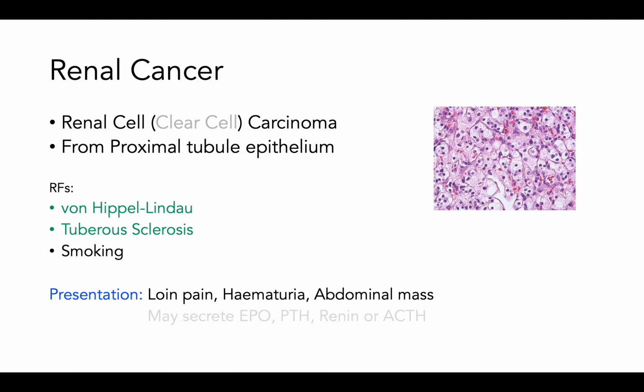But these cancers can also secrete some kidney hormones, which can give rise to some systemic effects. So EPO causing polycythemia, parathyroid hormone causing an increase of calcium in the blood, renin causing hypertension, and adrenocorticotropic hormone, which can lead to Cushing's syndrome, and also pigmentation, because actually melatonin is the other component which is broken down